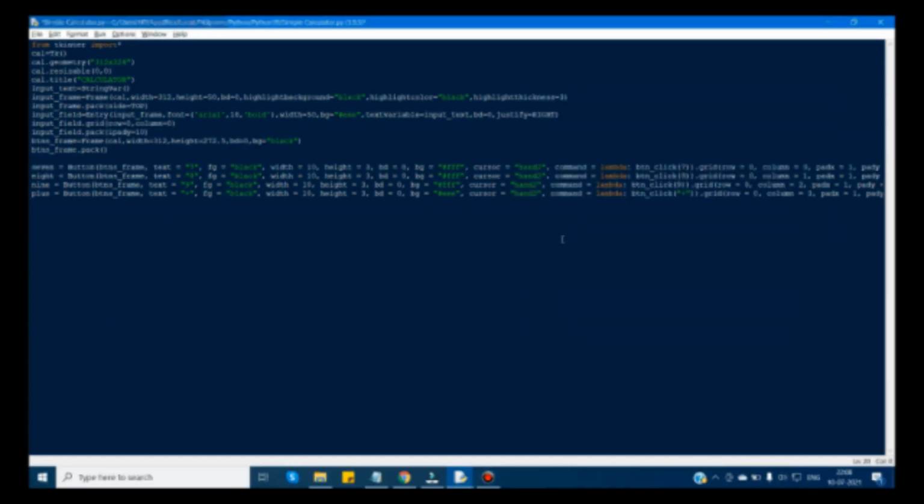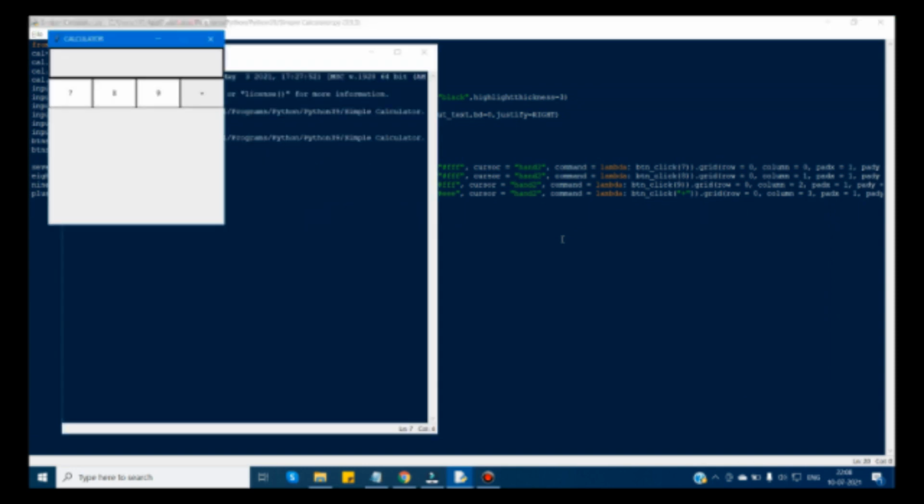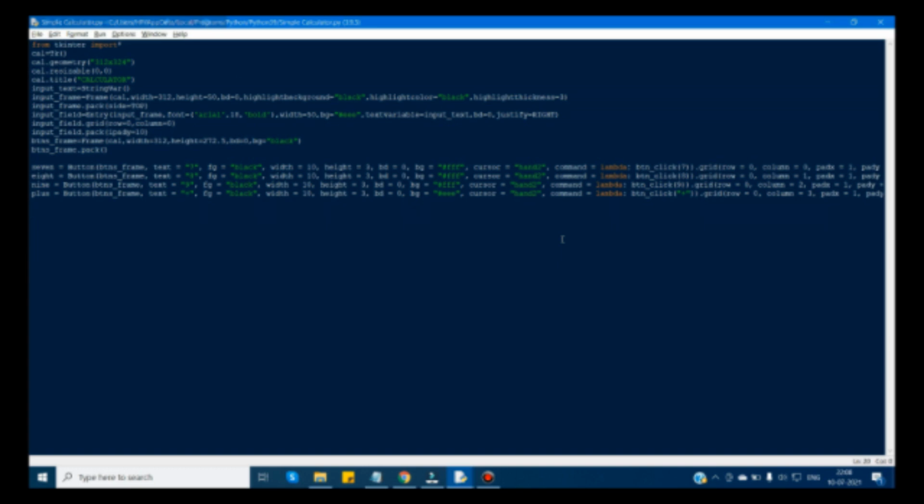So now I'm just going to save the values and print the output. It just displays the values 7, 8, 9 and plus in the button format. Later I'm just going to do the same for other values. So in the next row I'm just going to print 4, 5, 6. So button